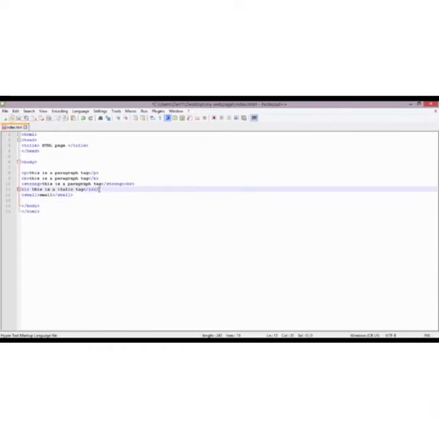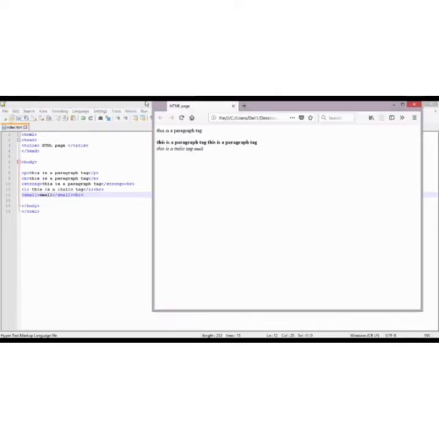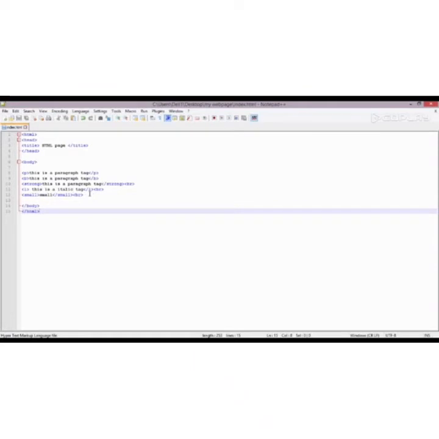Again, using the break tag to make it more clear. Note that break tag does not have any closing tag. It's only started but not ended. Small.